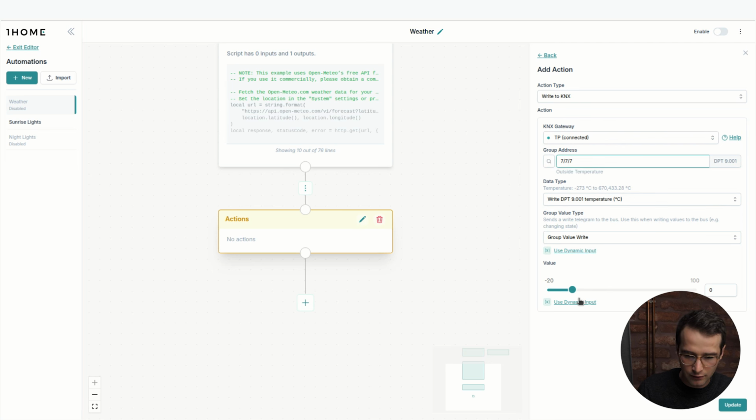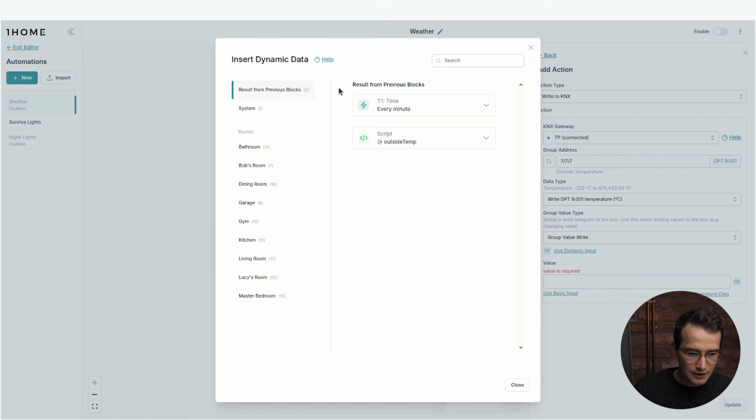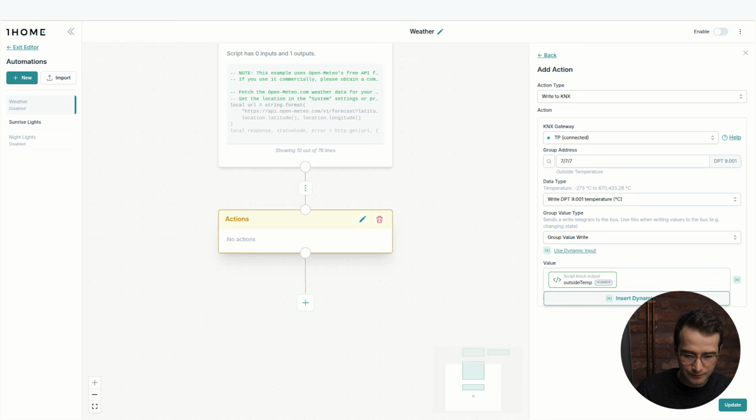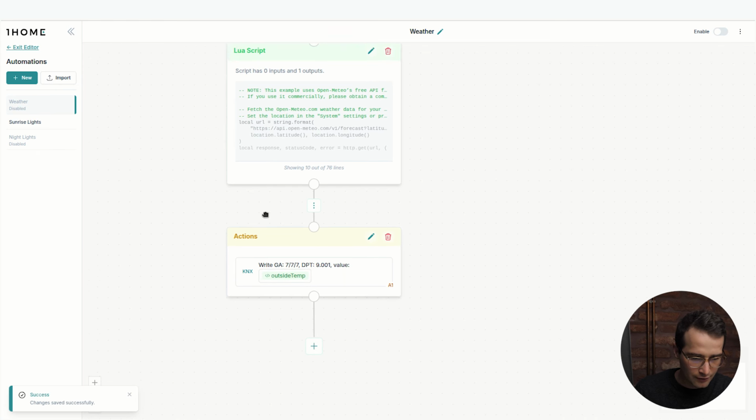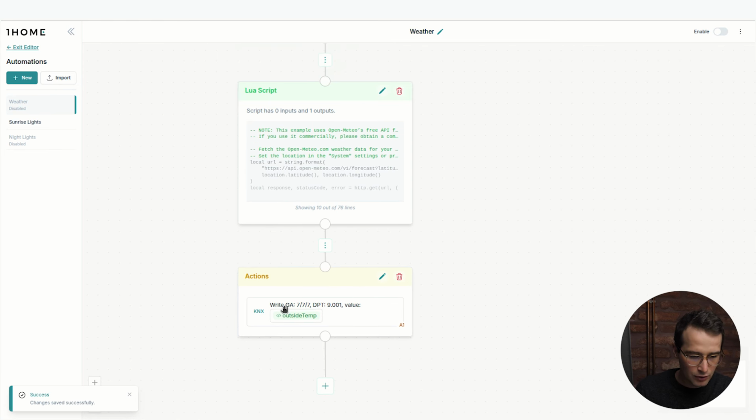And here, instead of a specific value, we can insert dynamic data, and you see now in the results from previous blocks, we have the script block with the outside temperature that we can use here. And if we click update and save, we will see that after the script block is finished, we will write to the group address 777 this value of the outside temperature.